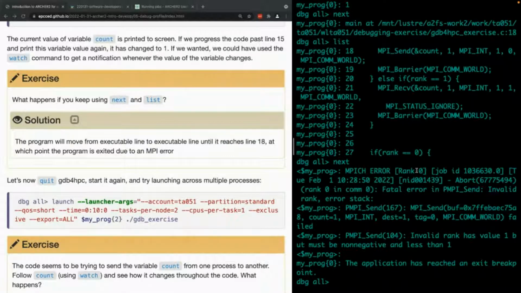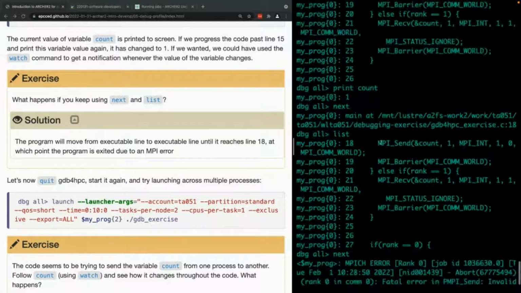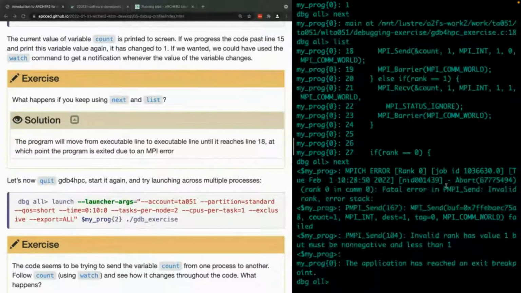And that is indeed an MPI error. In fact, it's telling us that the rank has value 1, must be non-negative, must be less than 1. So something interesting is happening. Of course, the reason is that we're running with one task, and you can't really send from one task to another task if you only have one of them. So let's quit